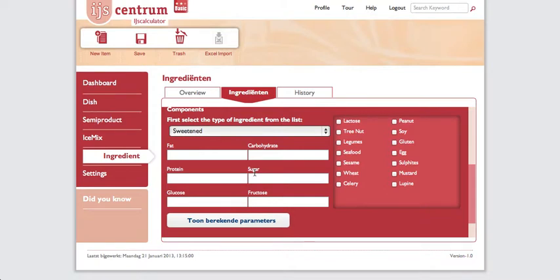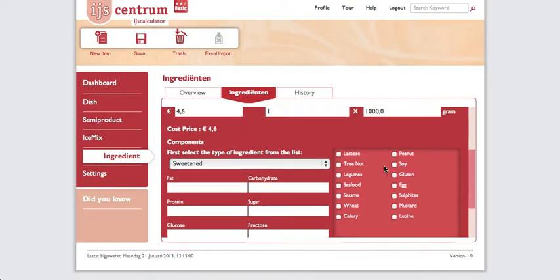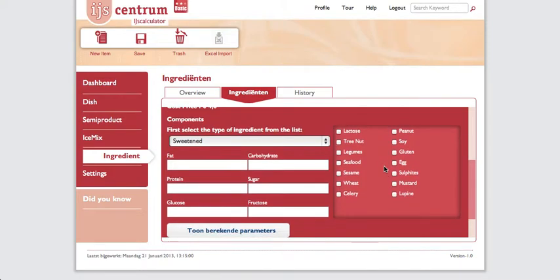At the time of preparing a dish, it will check what ingredients it used, the fat content of that particular ingredient, and how much it is used. So it will calculate the total fat content of that dish. You can add like these, some lactose, peanut, and these are called like